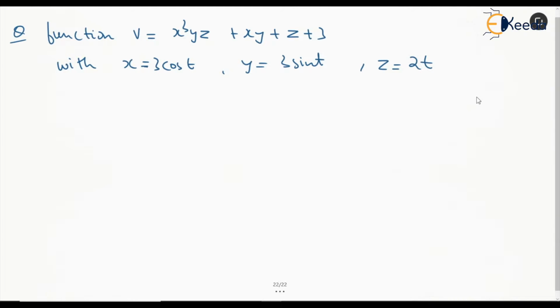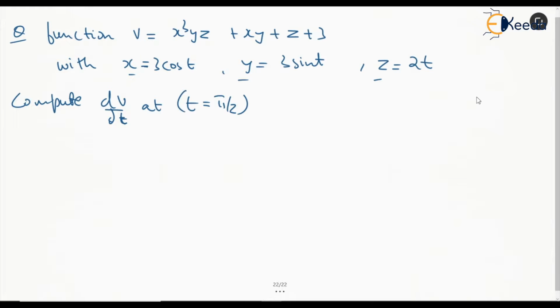In this case, I think this is an equation of parameters of a cone you'll see in vector calculus. So compute dv by dt at t equal to pi by 2. So we have to do this total derivative and find it at the point t equal to pi by 2. We can see that x, y and z depend on another variable, t, and v is a function of x, y and z, right?